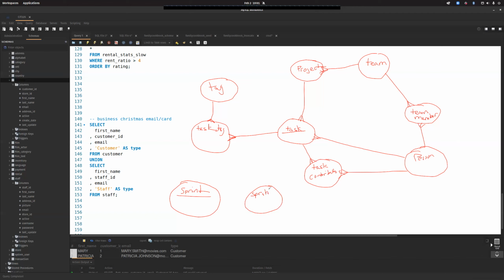So I'm going to put a sprint task. A sprint can own multiple tasks. A task can be in multiple. Let me think about that. I think that's right. So a sprint,